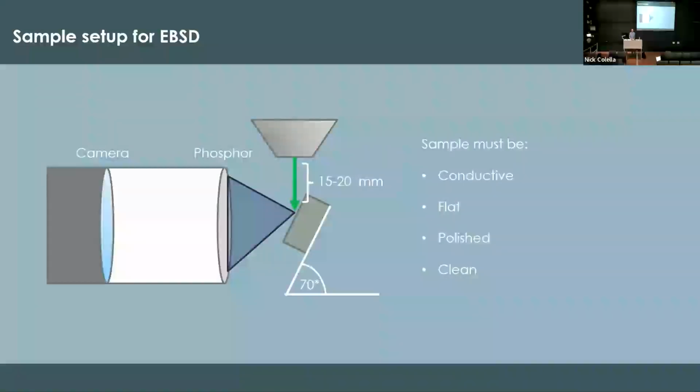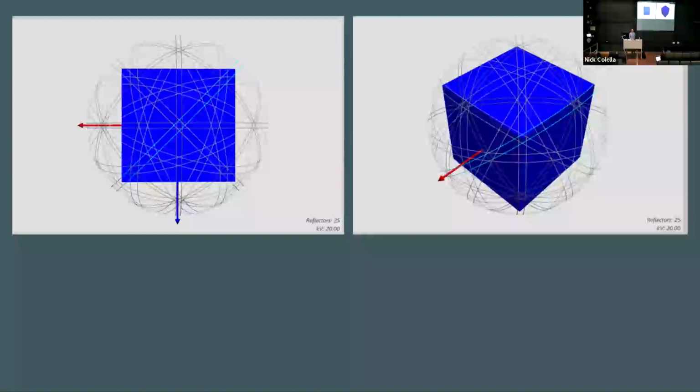So this works by taking your crystalline specimen, putting it at a very high tilt angle, and basically taking a snapshot of the projection of the cone of diffracted electrons that are coming out of the surface. And if your sample has a crystal lattice, those electrons will come out preferentially along the lattice planes as sort of a predefined escape route, if you will. So we can model that based on a specific phase geometry, specific lattice parameters. Those diffracted electrons will come out in predictable ways.